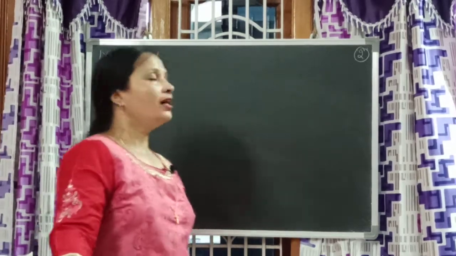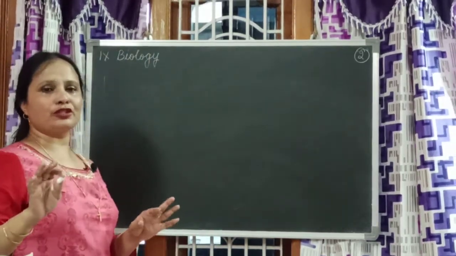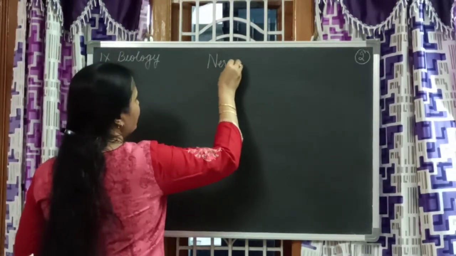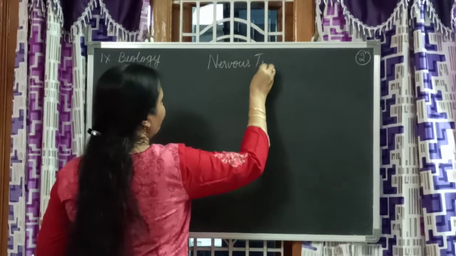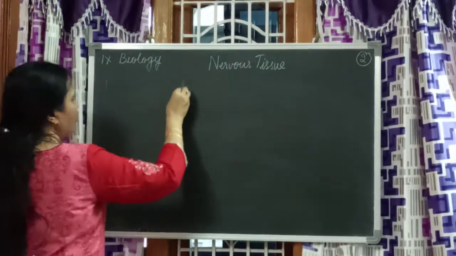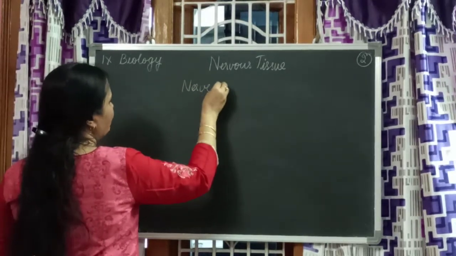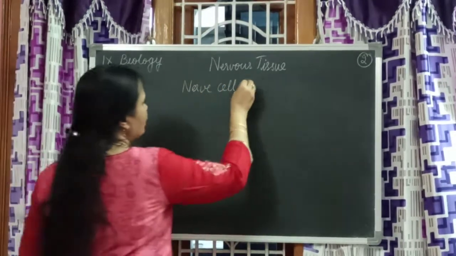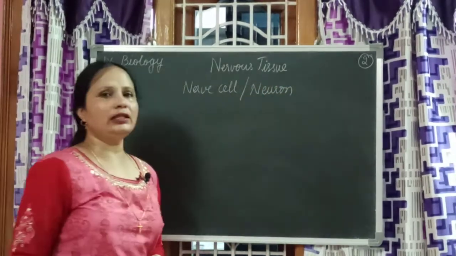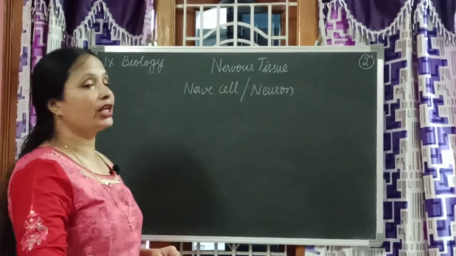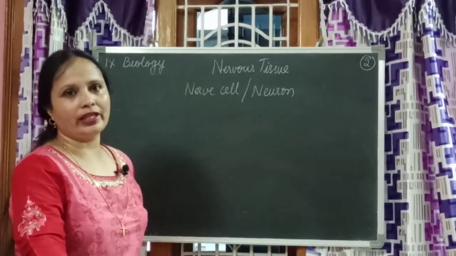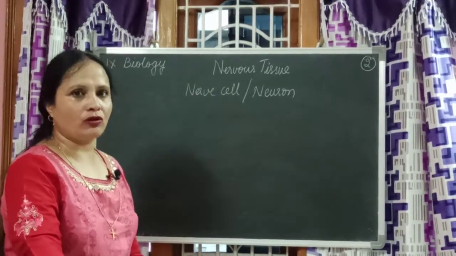Hi, Manskin. So, three animal muscle tissues we have learnt. Now, coming to the fourth type, that is nervous tissue. Nervous tissue is made up of nerve cells, and it is also called neuron. These are there in millions in our body, and they are connected to the brain and spinal cord.